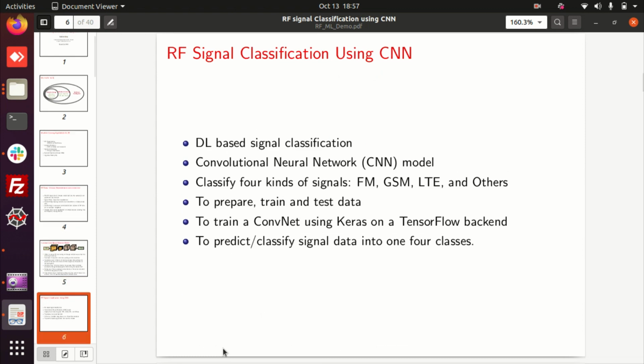So with this RF signal classification using CNN, we are using deep learning based signal classification, with a convolutional neural network model. Here we are going to take 3 or 4 signals.